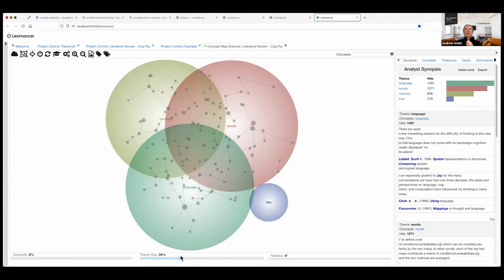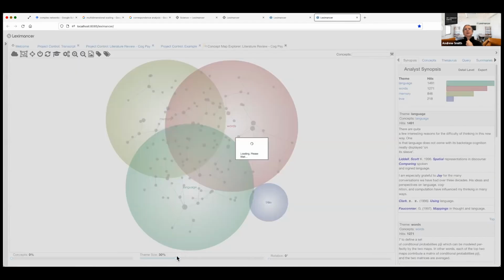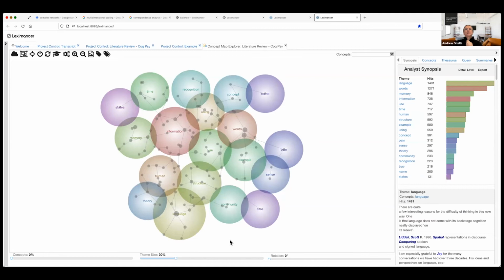Or I can go low down the hierarchical model and look at much smaller, more specific themes. So I can see more about information and memory, recognition. So it's a bit of memory work over here, it's cognitive psychology, essentially. Whereas this is the structure and theory of human language and communities, how they use language. And this is about word usage. This is much more, I guess, engineering, less theoretically driven. This is more just about word usage.